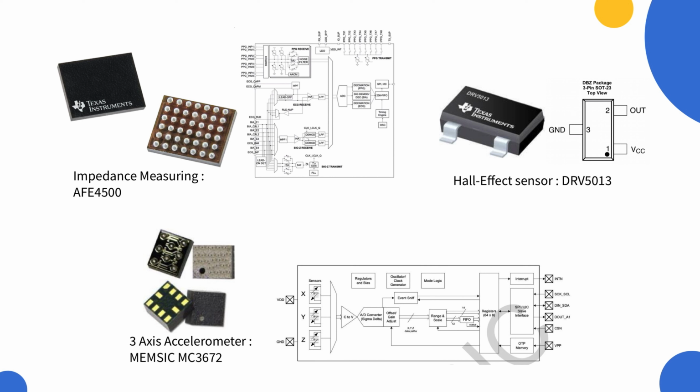Next one is impedance measuring. We use AFE4500. It measures the impedance and sends the data to the MCU. The Hall effect sensor detects electromagnetic interference and sends data to the MCU. Also, the accelerometer is used to detect patient activities to see whether they are exercising or not and send the